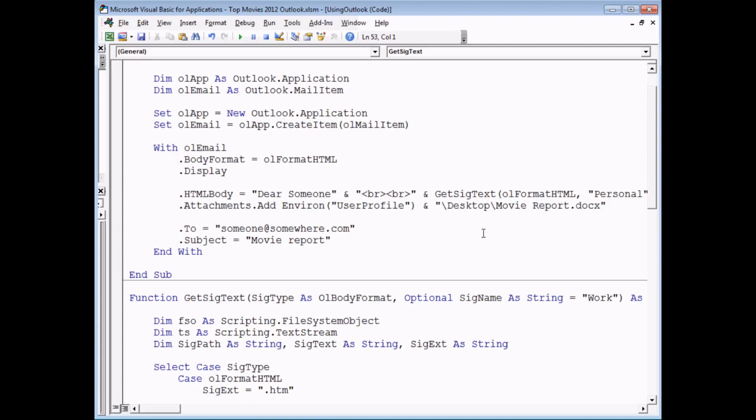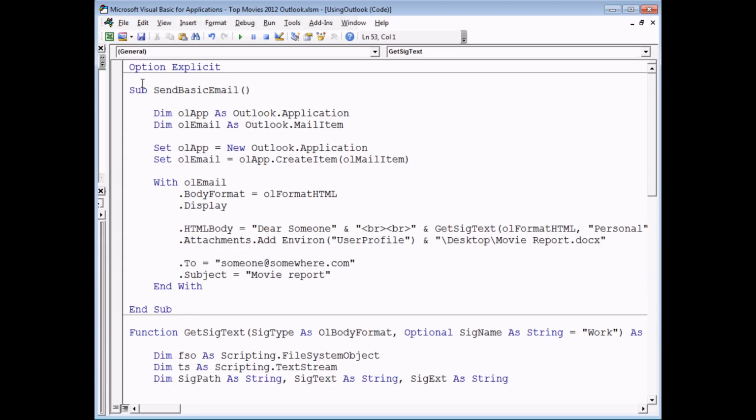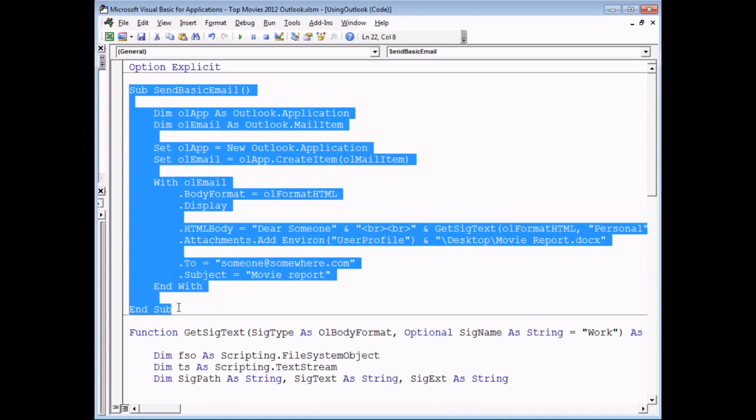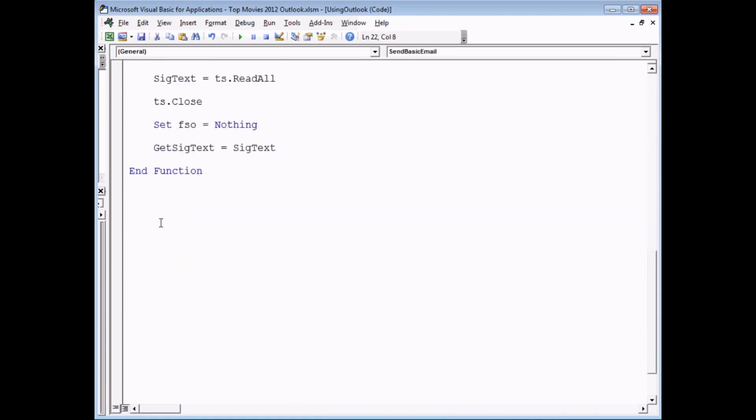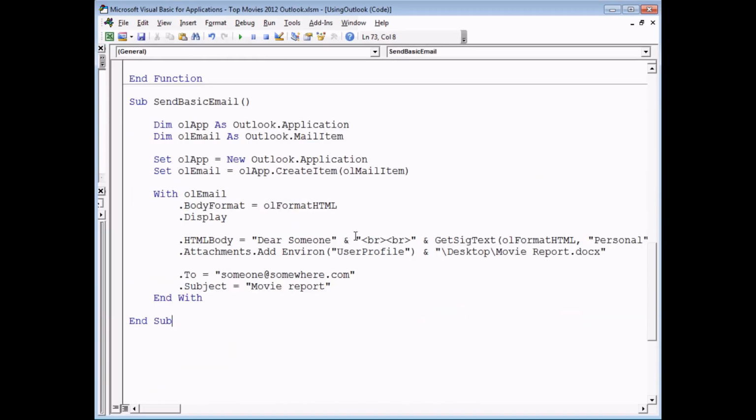What if we try to change the type to, say, plain text? I'm going to make a copy of this entire subroutine and paste it in below the function, and then we're going to make a few modifications to make it work as a plain text email. So let's put in as an extra keyword in the subroutine name as plain. So we're going to modify the format of the email first of all, so it's not going to be an HTML format, it's going to be a plain